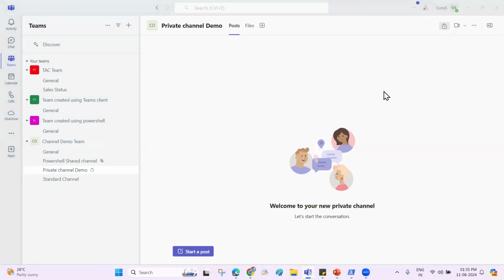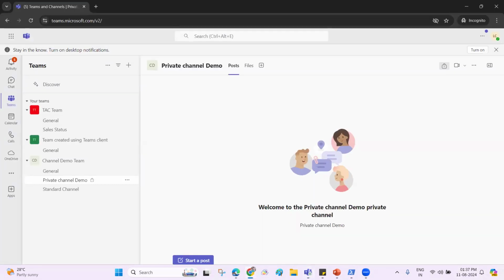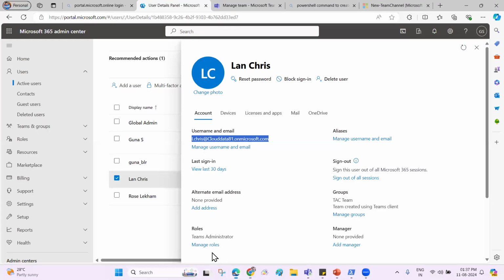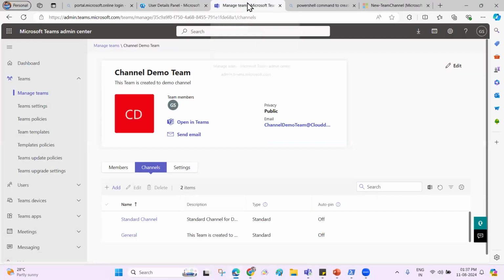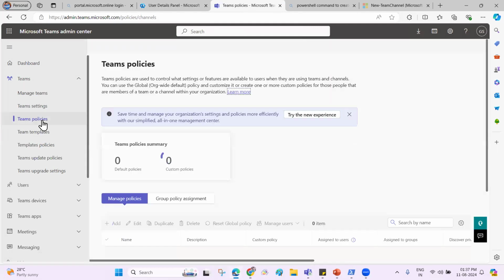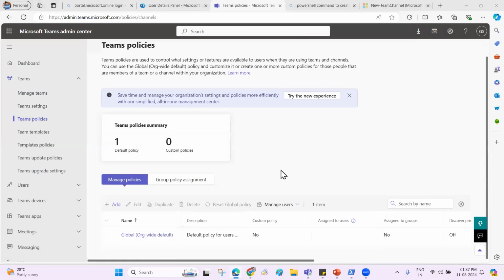Yes, next what we are going to see is how to manage the policies for the channels. For that, you have to go to Teams Admin Center. In the Teams Admin Center, under Teams, you see Teams Policies. After you click on Policies, there you see an option called Manage Policies. Under Manage Policies, you see